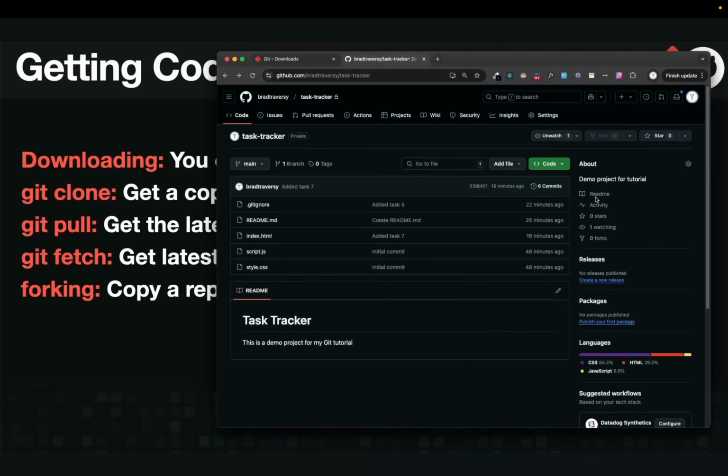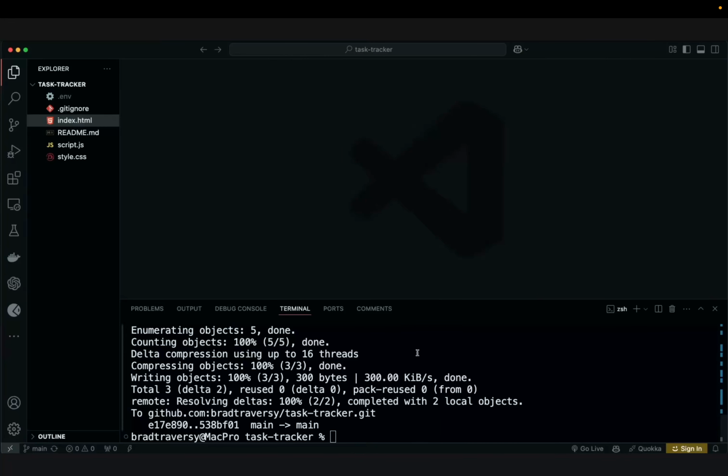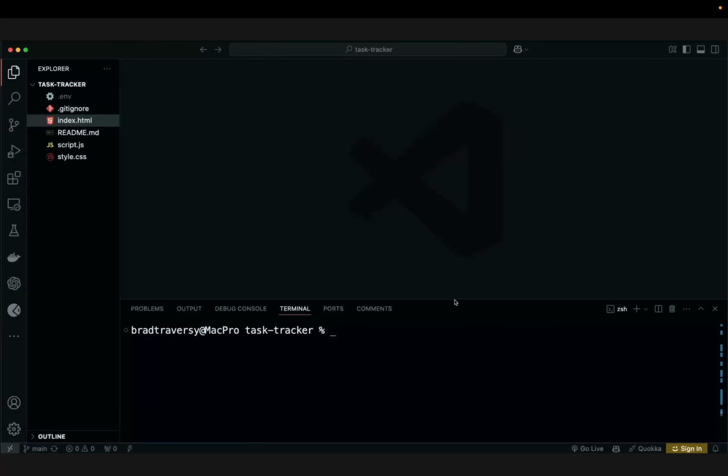Now I want to go over cloning. So like I said, before you can clone using this SSH link right here, you need to generate some keys and put them on GitHub. So the way you would do that, let's just jump back into VS Code here. I'm just going to close that up. So the way you would do that,